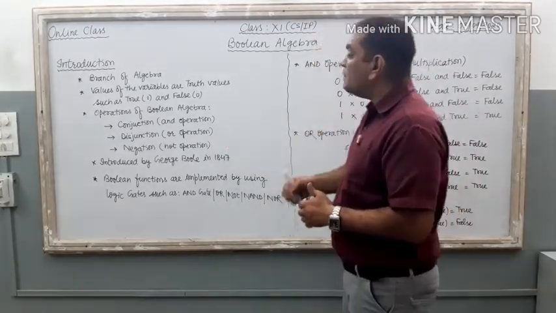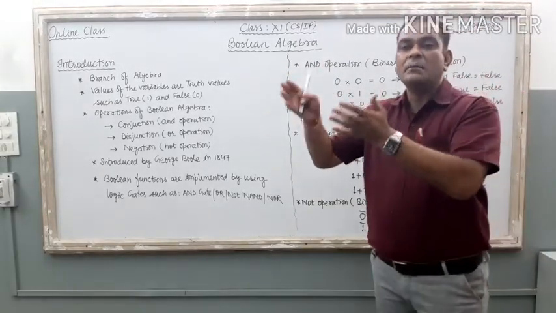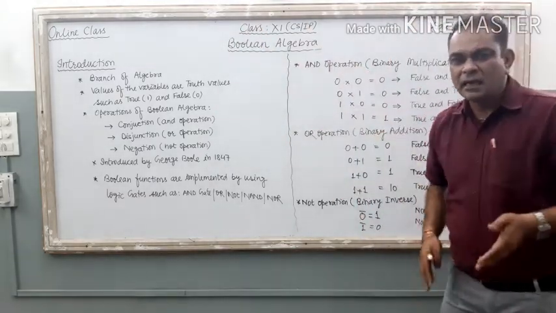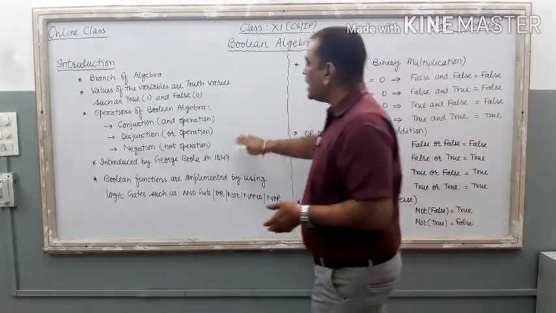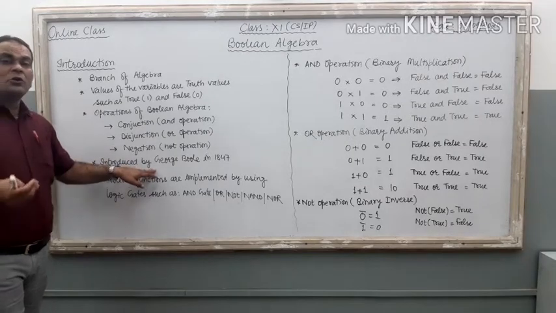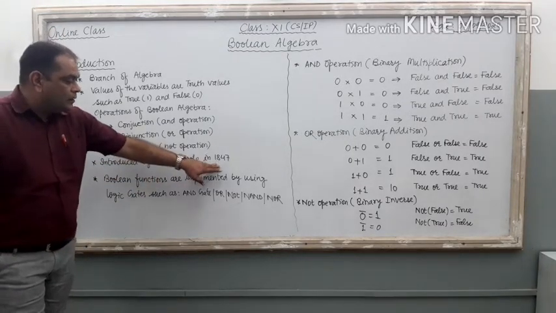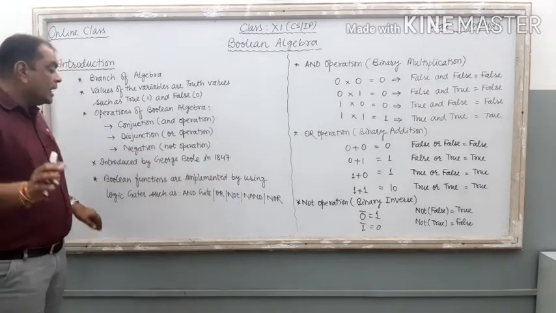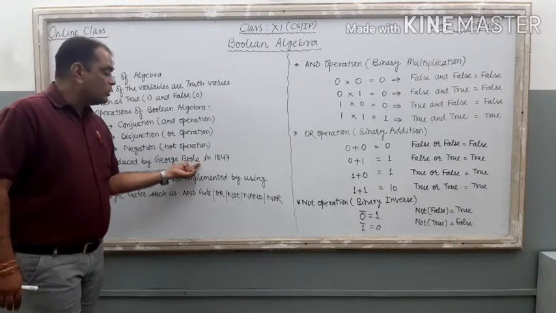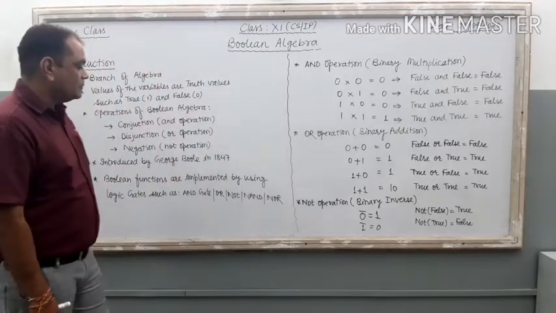Right? So these three basic operations are there in Boolean algebra instead of addition, multiplication, division, subtraction, root, power, a lot of which are there in mathematical algebra. But in Boolean, we have only these three operations. Right? Now, if we want to know the history of Boolean algebra, it was invented in 1847 by George Boole. So the scientist's name is Boole, and from here the word Boolean comes in the term Boolean algebra.